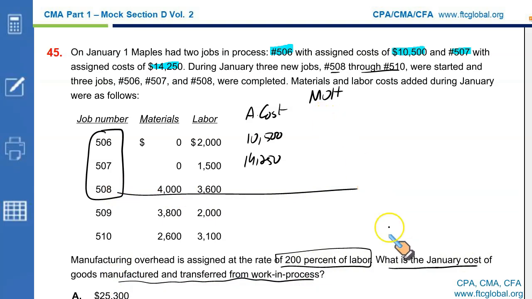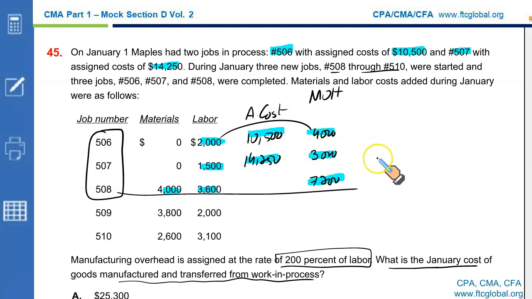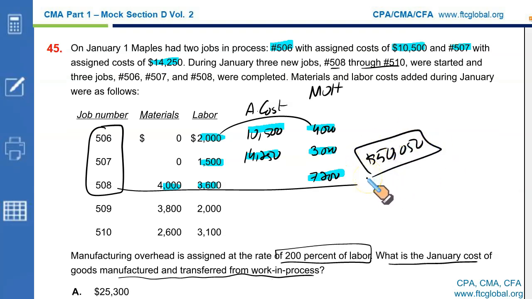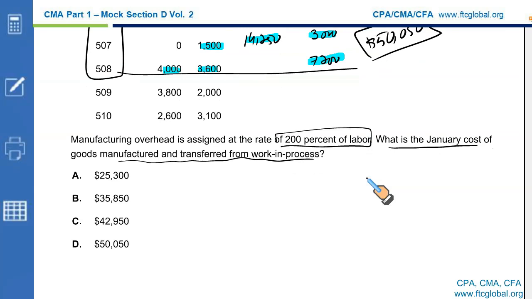So manufacturing overhead is applied at the rate of 200% of direct labor. So it's going to be 4,000. 1,500 at 200% is 3,000. And 3,600 twice will be 7,200. Now what you have to do: these are the completed jobs. These were the costs added in the previous period. These are the costs for the current period. If you add all these marked numbers, you should get a total of 50,050. That is the total cost of the goods transferred to the next department, and that perfectly matches with your option